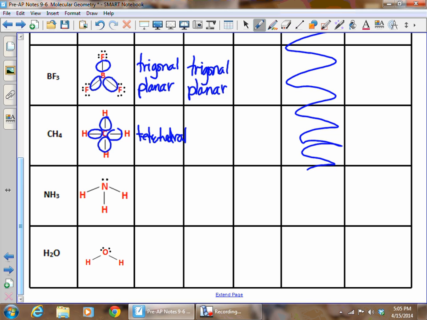And since there are no lone pairs, the molecular geometry, again, is going to be the same as the electron pair geometry, so it's tetrahedral once again. But now in the next one, we have our first instance of lone pairs appearing. In this case, we still have 4 pairs of electrons. So for the electron geometry, it's all about electron pairs. So this is still going to be a tetrahedral structure